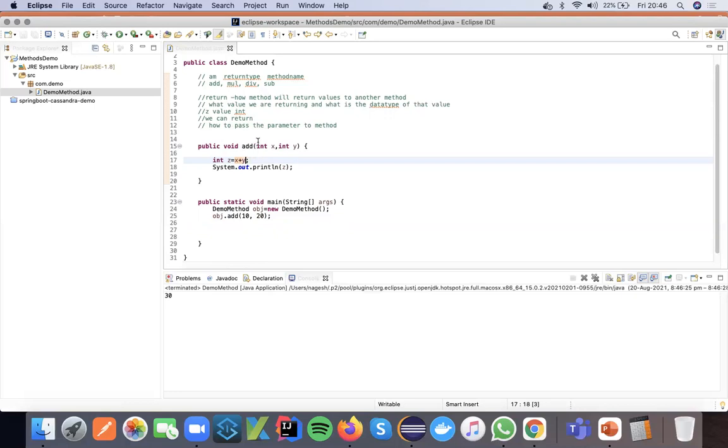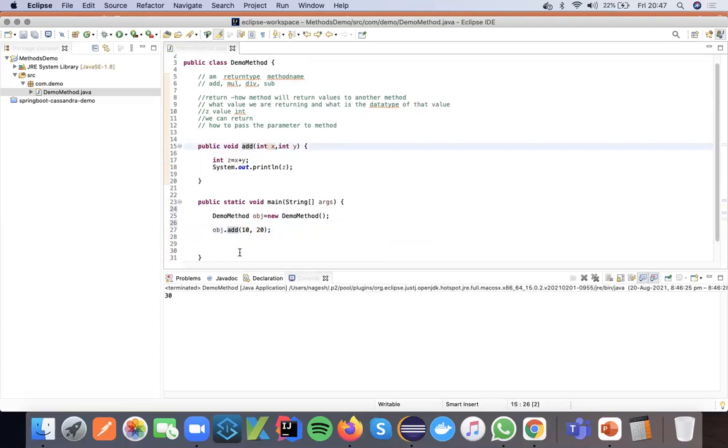So here are two things that we have to understand. One is how to return values from one method to another method. And the other is how to send values from one method to another method. So here it is the main method. You can send the values to non-static methods, and all the different types of methods that we are going to discuss going forward. No matter whether it is static or non-static, you are able to send the values. Whatever values you pass, you are able to access.